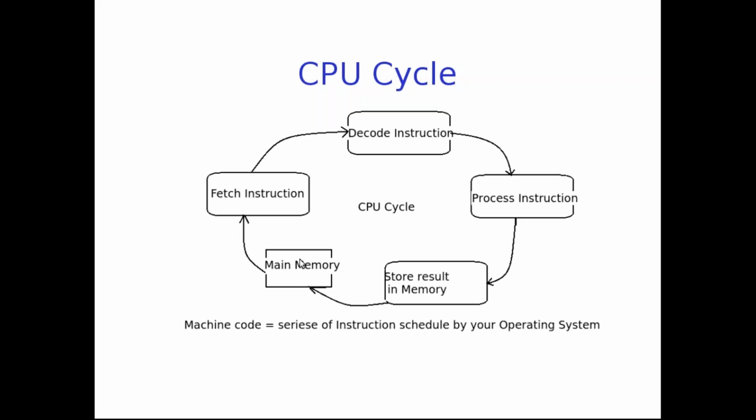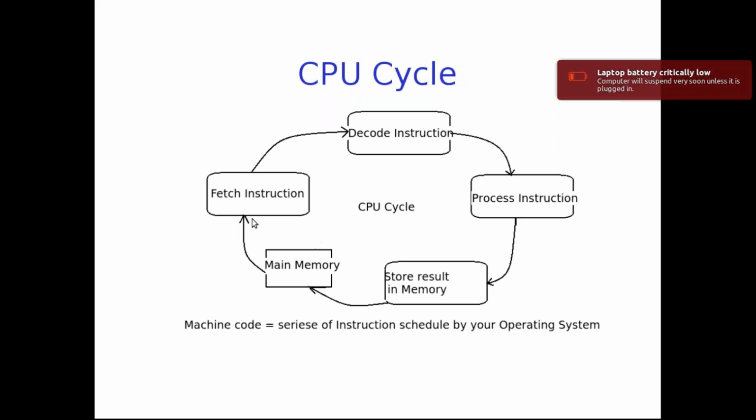The CPU cycle has four steps to follow. It takes your machine code and fetches it. Your machine code is nothing but a series of instructions. It is binary data, a series of instructions scheduled for your operating system. Any task is performed with the help of a series of instructions only. So the CPU cycle takes your machine code and fetches that code,